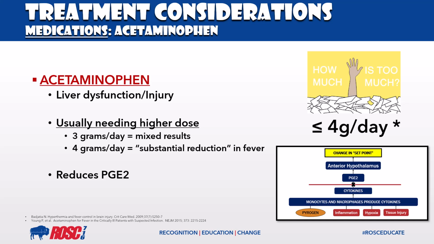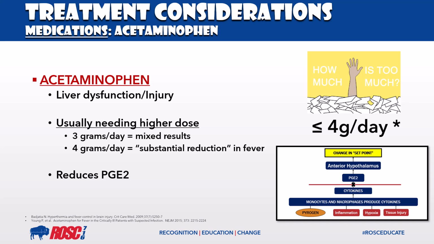We always have to take into account our patients' comorbidities. So high-risk individuals would be ETOH use, malnutrition, low body weight, advanced age, or liver disease. These folks might need to be defaulted to the lower 3 gram per day dose. However, in a healthier patient, I would always go to the 4 grams per day if I was trying to